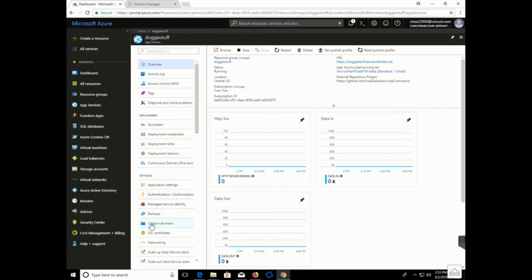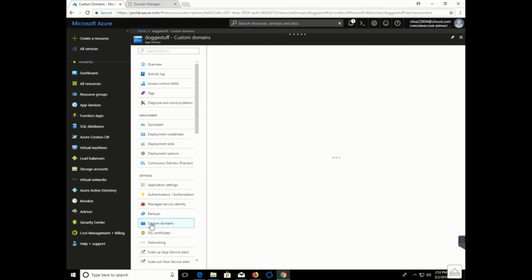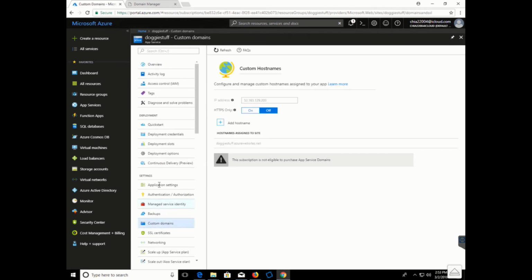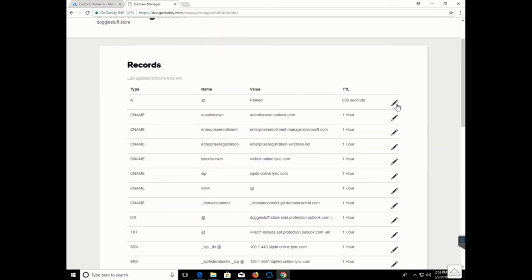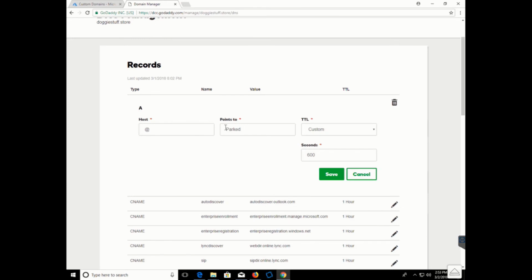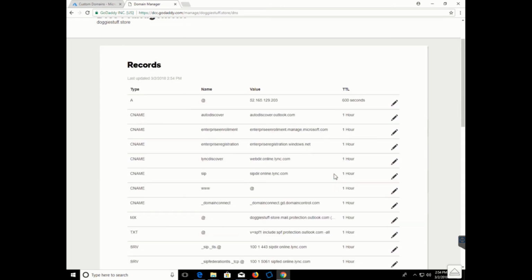So we're going to click on custom domain, and here's the IP address that we should be pointing to with the A record. So we can just take that, copy it, let's go back to the domain manager, and let's update the A record. It points to here, and let's save that. Okay, now